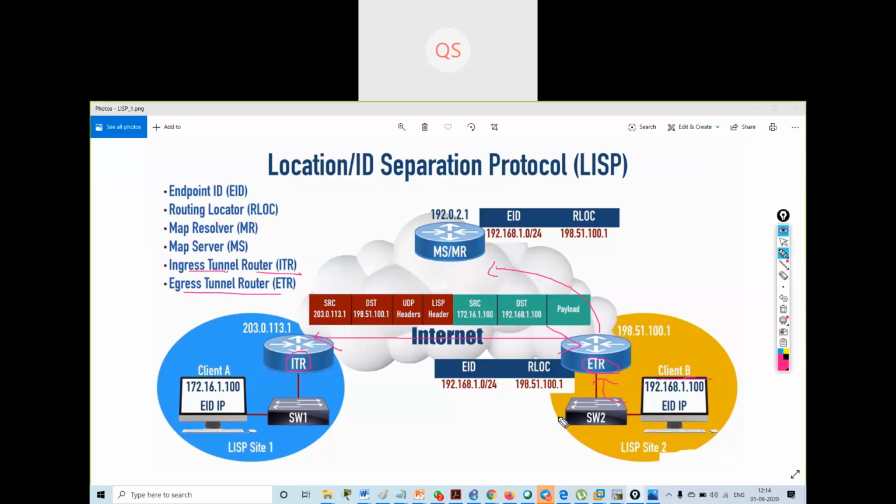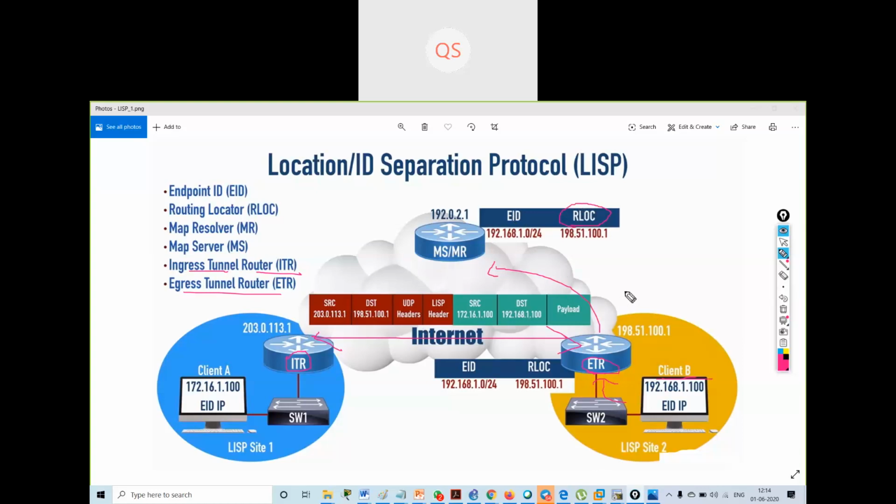Understood? So LISP is useful when our routing table is very large, but it will be divided with RLOCs, routing locators, and EIDs. It will separate my networks from other networks.